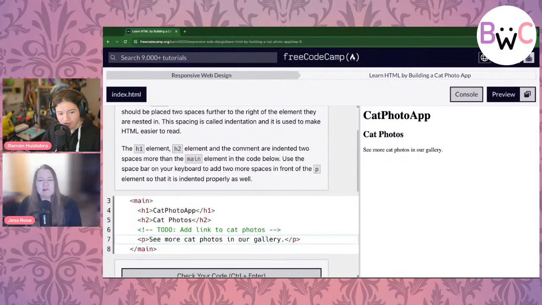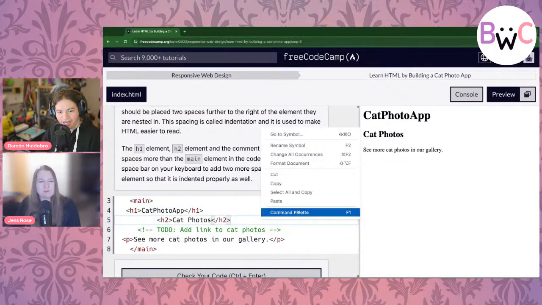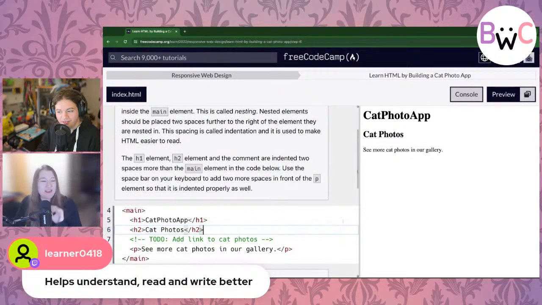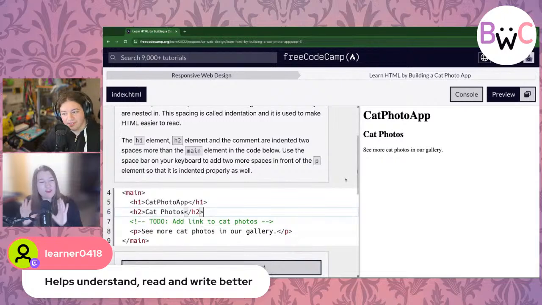In fact, if I remember correctly, let me mess around here. If I completely mess up the indentation, now you see it's all indented wrong. If you right click and go to format document, check it out. The learner absolutely covers this for us. It says, cool, we're doing this formatting so we can understand it better, so we can read it better. And by understanding it, we can write it better. I think there's a cheat in here. If we right click in here, it should give us the option to automatically format it.